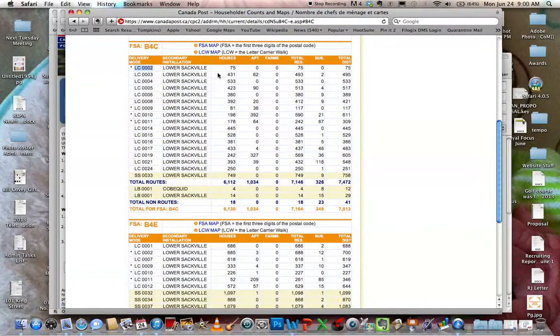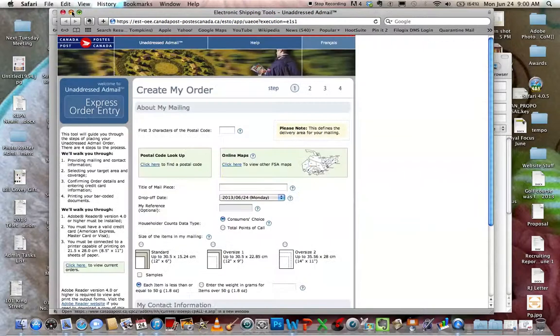We come back out, and you can do a manual count here of how many that will actually go to. But if you want, it's easier. We can just close out of this entirely, come back to our map. So we're looking at B4C, and we can just start to create our order. As we create our order, it'll do an automatic count for us when we select what we want to send to. So we'll call this sample mail piece,